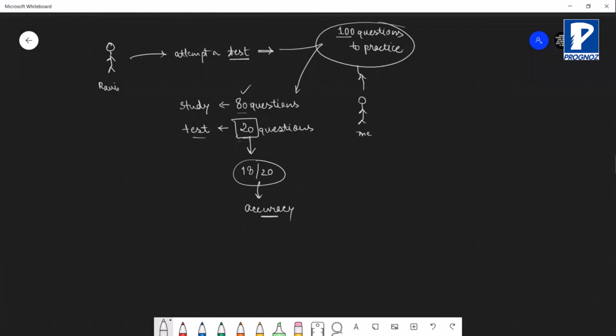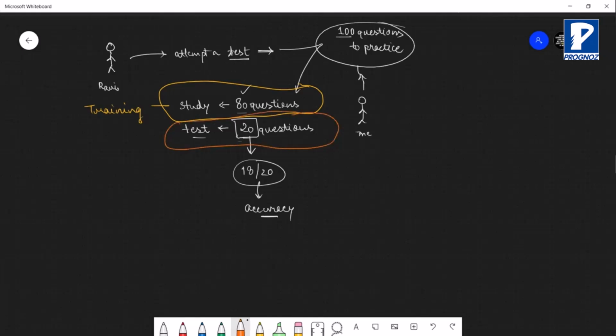So this part is actually training. And this part is the testing part, because we are getting some accuracy here.